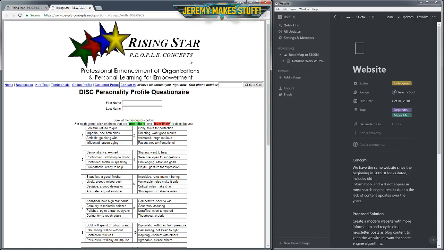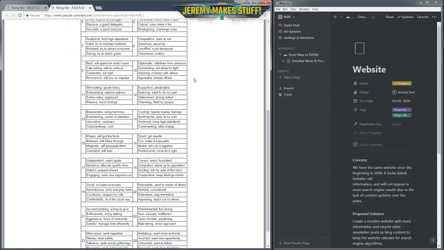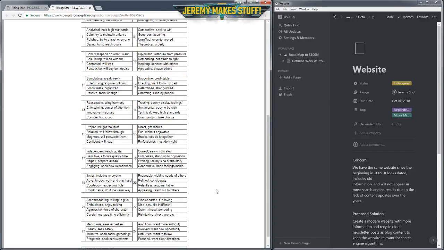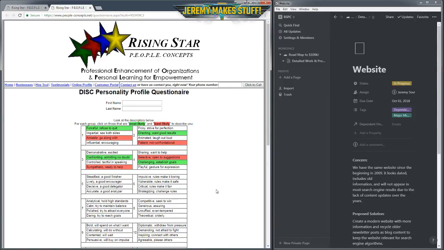I might change the layout here at the top or whatever to match the new WordPress layout. But the actual content and program here, let me go through and select most likely, least likely, and hit the button in the end. That sends an email, and there's some number crunching that goes on in the background in .NET. I'm not going to port all of that into WordPress or into PHP or anything.